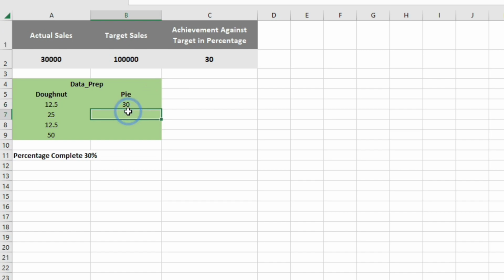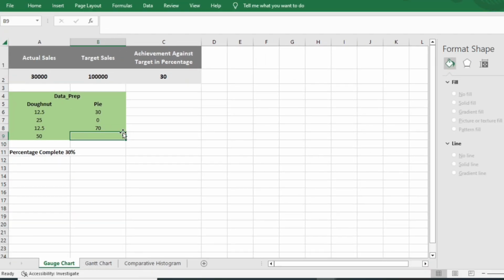Our second slice will be representing the needle of the speedometer, so it will be 0.05. And our third slice will be equal to 100 minus the first slice minus the needle, that is 0.05. Hit enter here. Now what we have to do is select this data, the donut